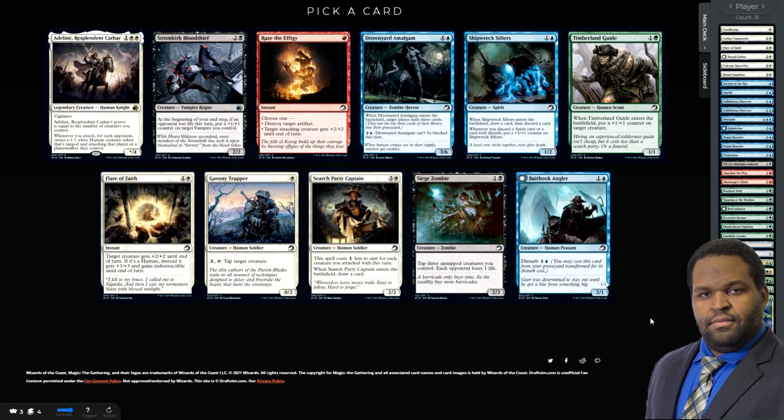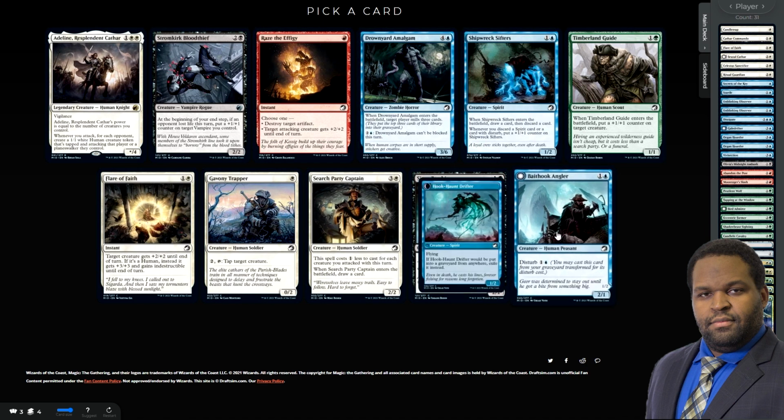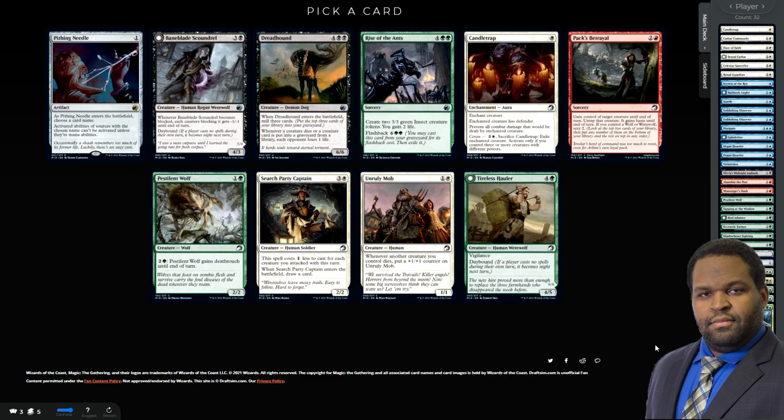I mean, as good as Adeline is, I'm just going to take Bait Hook Angler, because as good as Adeline is, it's just too late for me to get into that color combination. So, yeah, I'll just take Angler. It's going to make my deck, so...